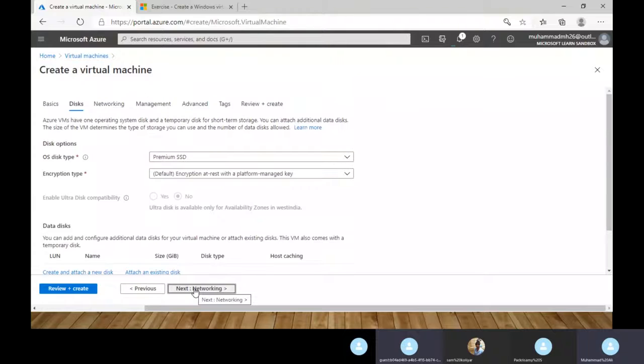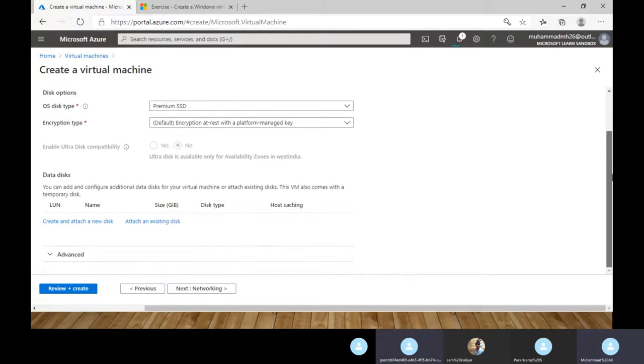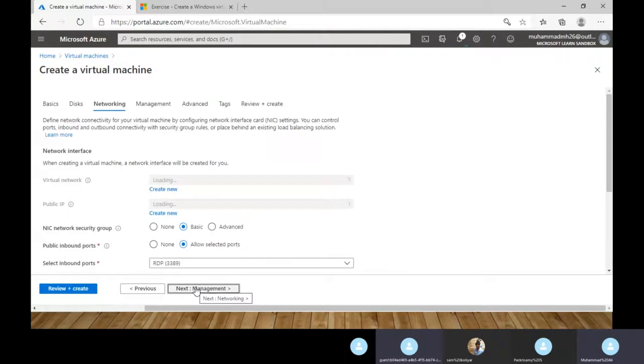Next, disk. See here, if you want to use premium SSD, standard SSD or standard HDD, that is your wish. I'm not selecting any data disk now, just leaving it.